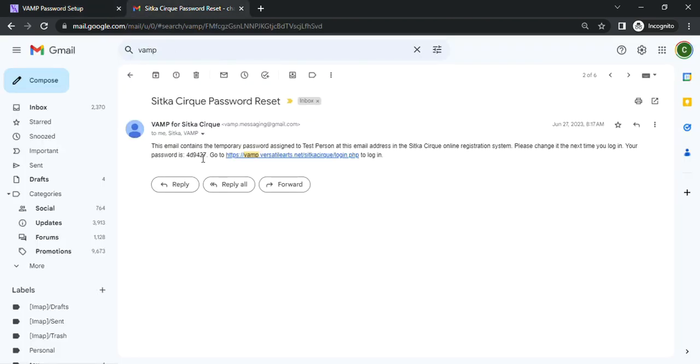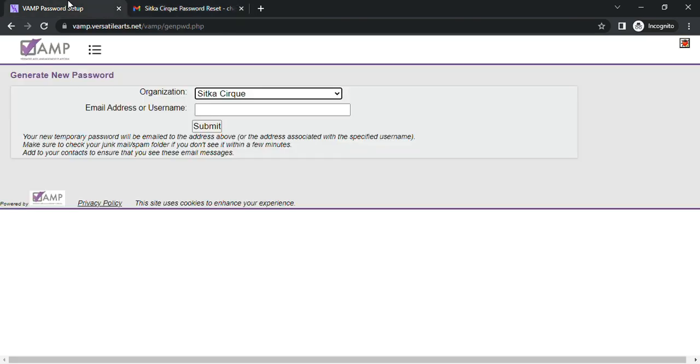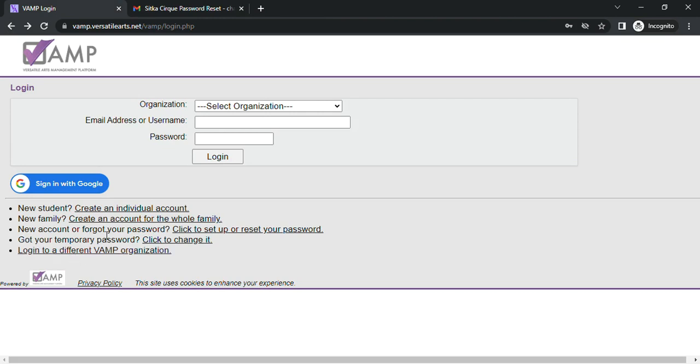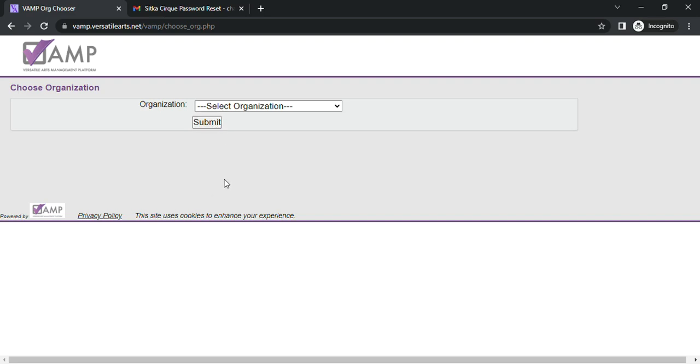Go to your email account, find an email from VAMP for a Sitka Cirque password reset. It will contain a temporary password. With that temporary password, we can return to the main menu, go down to Got Your Temporary Password, click to change it, select Sitka Cirque,